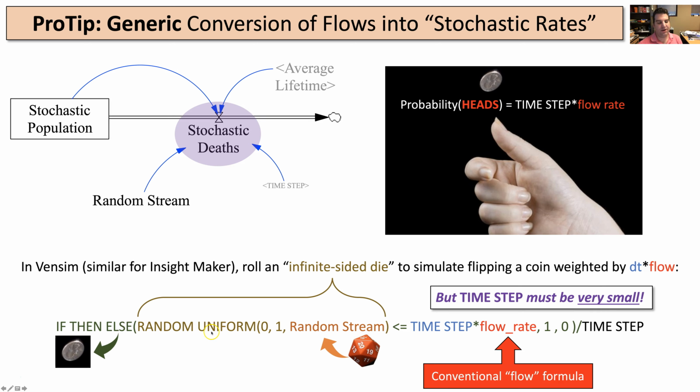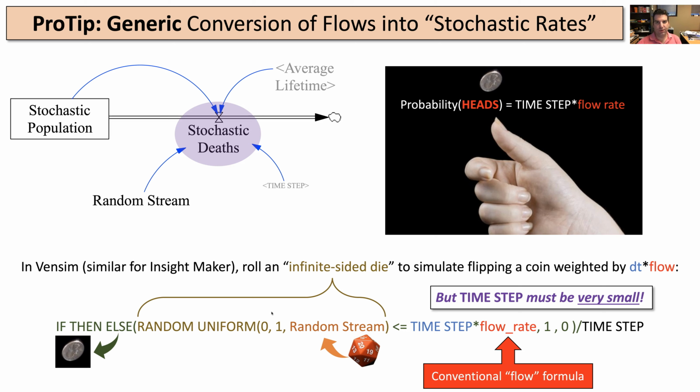Well, you're doing the same thing here, where you get from this random uniform 0, 1 an outcome that is between 0 and 1, and it spreads the probability out evenly over that interval. If you compare it to a probability itself, then the number that gets drawn will be less than the probability with exactly that probability. So if you wanted 75% here, you put 0.75, and then if you draw a random number between 0 and 1, uniformly distributed, it will be less than 0.75 exactly 75% of the time.